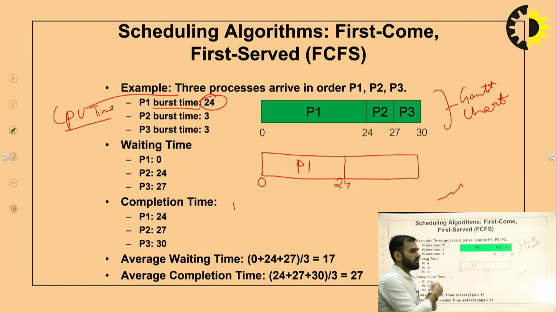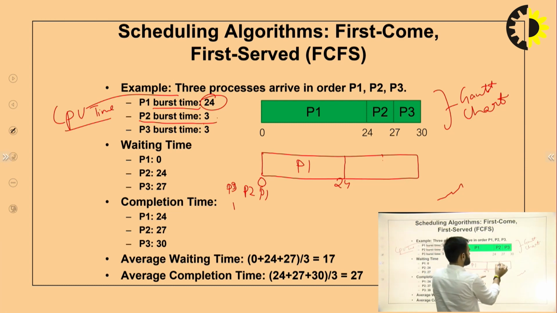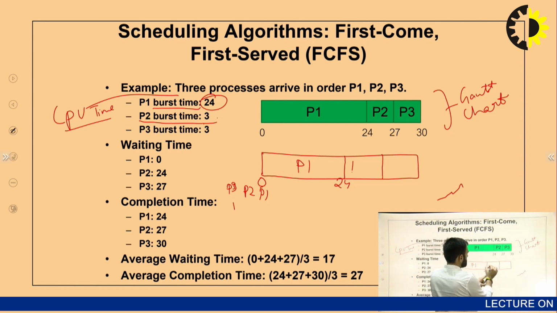Right? Now the next is P2 with a burst time of 3. Since they are arriving at 0 only, but in order P1, P2, P3, and it is a non-preemptive algorithm, P1 gets the CPU first. Now P2 waited till 24 to get the CPU. The P2 burst time is 3. Here at 24, P2 gets the CPU for the next 3 seconds. Now the time is 24 plus 3,